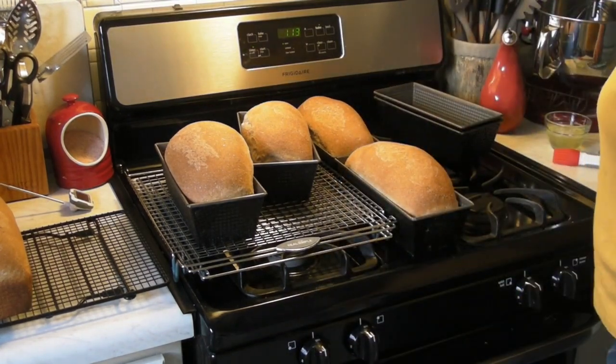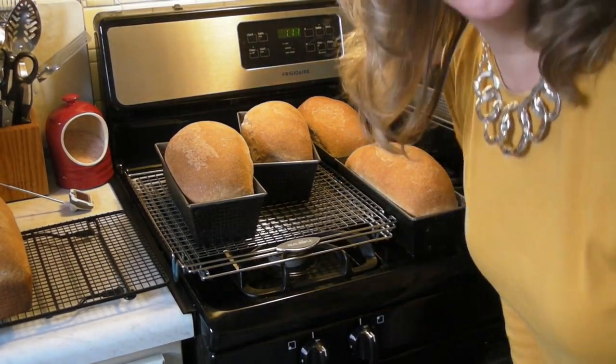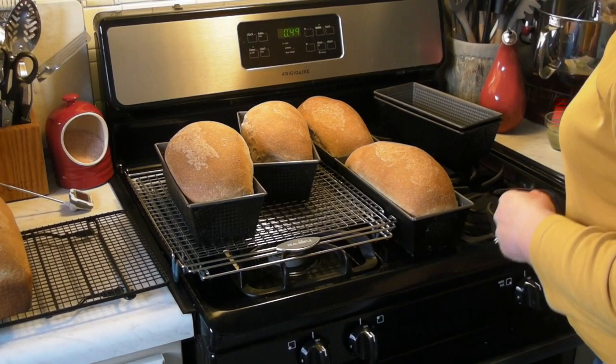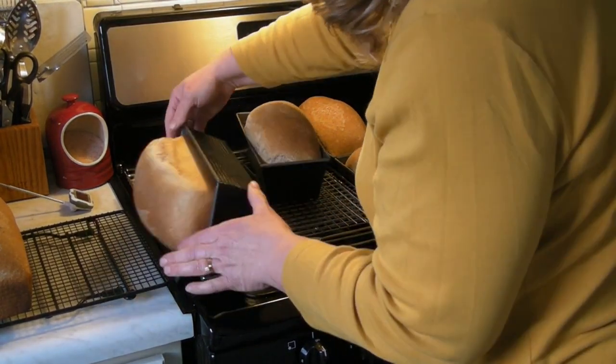You might be asking what I do with 6 loaves every week. I actually share them. I keep 1 or 2. I give 1 to my eldest daughter and 1 to my son, and so that's 4, and then I have 2 to share with friends. So yeah, who doesn't love fresh, hot bread? And I just look for somebody who might need a little pick me up, and just try and make their day a little brighter. Okay, so what I'm going to do is get these out of the pan,